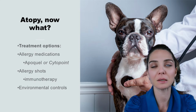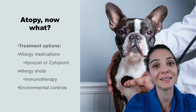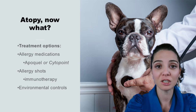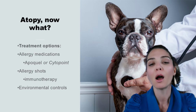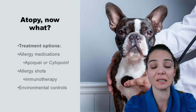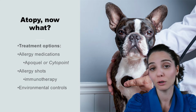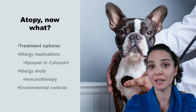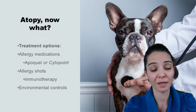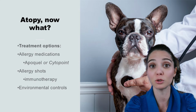For atopic dermatitis in pets, we very rarely use antihistamines because their allergies are not mediated by histamine like people's. So again, in people, allergies a lot of times, hay fever, sneezing, that's a histamine response. Our pets actually have a specific chemical that mediates their itchy skin related to allergies, and that is an interleukin inflammatory response. And so we actually have medications that can pinpoint those receptors and turn them off. Those are called Apoquel and Cytopoint. And I do have a video on that as well if you'd like more information on those particular pharmaceuticals